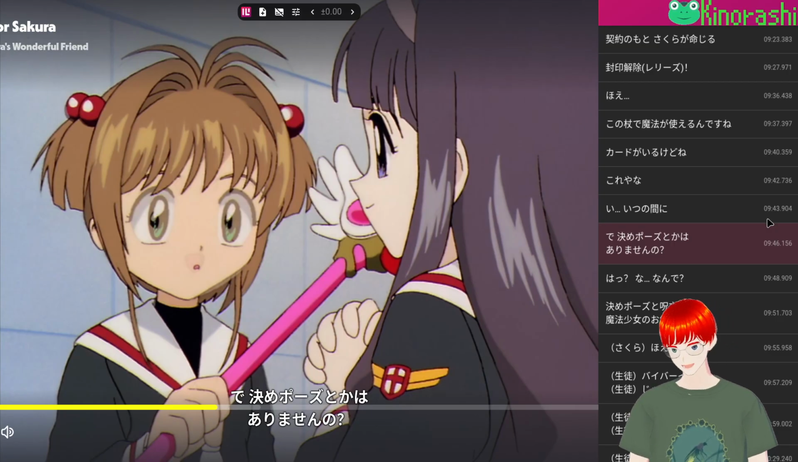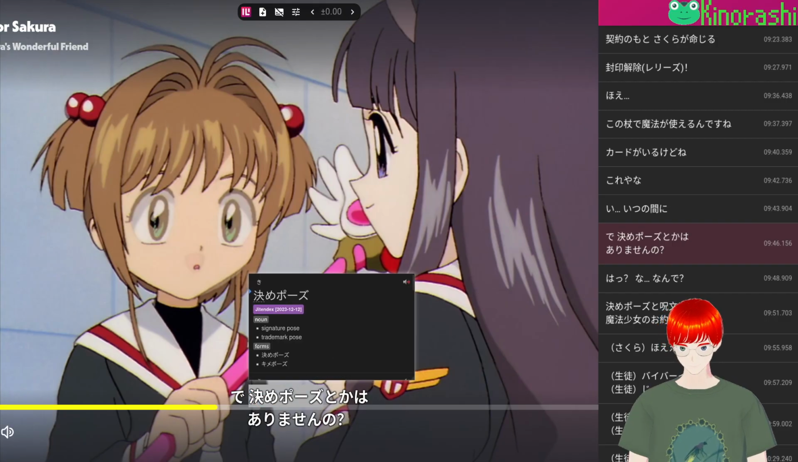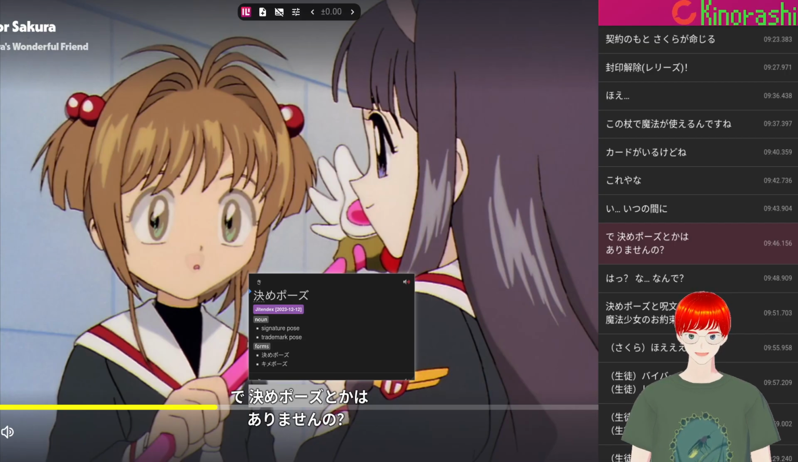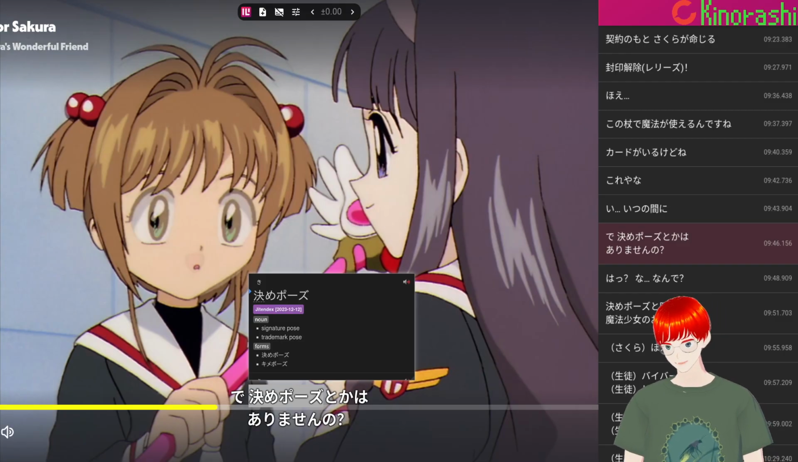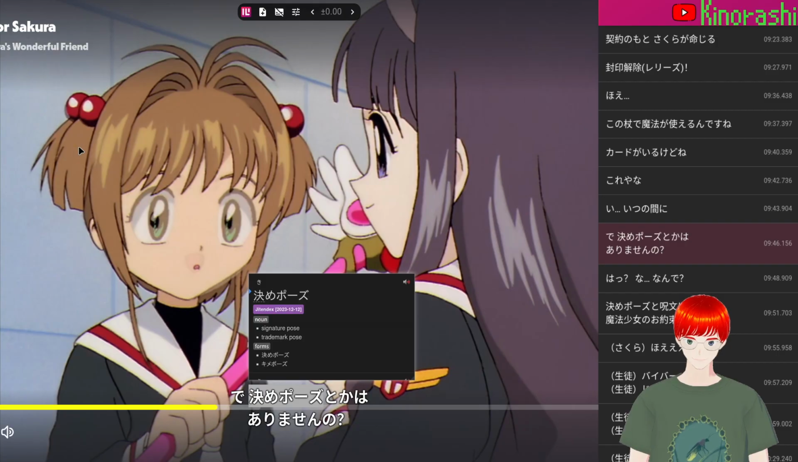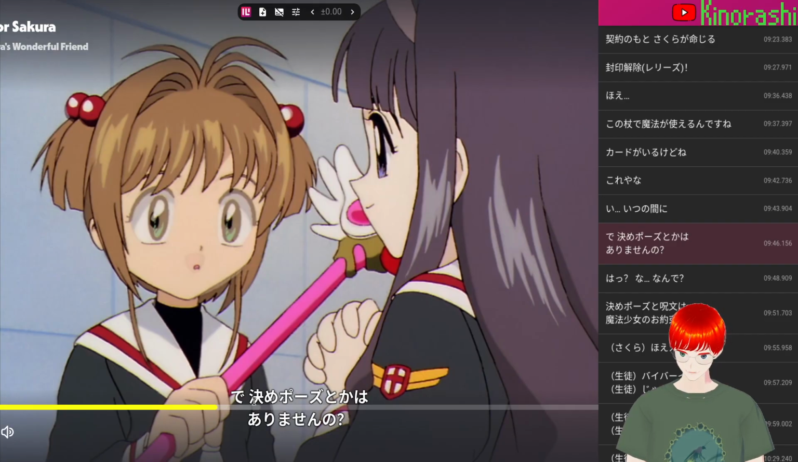で、決めポーズ signature pose. Okay, what is kime from though? Oh, okay, so it's basically to decide, decided pose, aka your signature pose. De, it's from the verb kimeru. De kimeru pose to